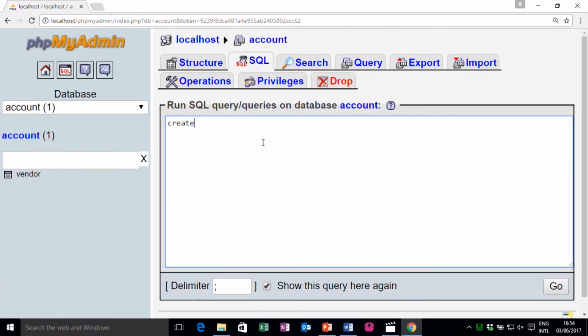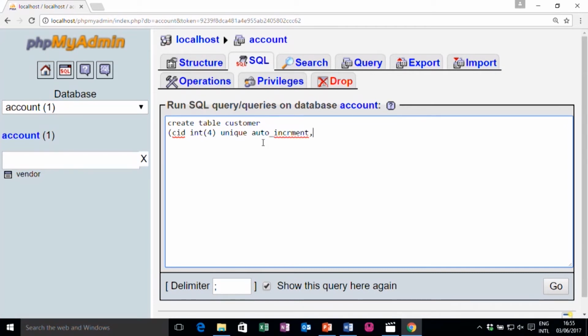So, let me write CREATE TABLE, let us say for example, customer with attribute customer ID, int, and it should be, let me write unique, and I can provide it as integer 4, the constraint, or I would like to write it as unique, and it should be auto increment.